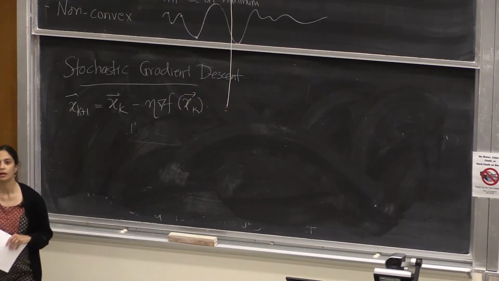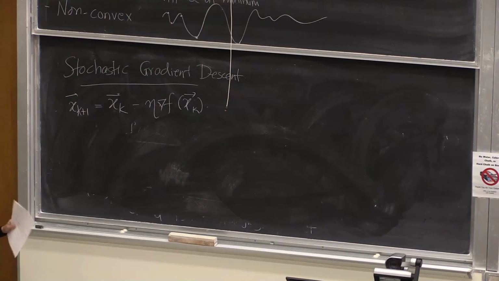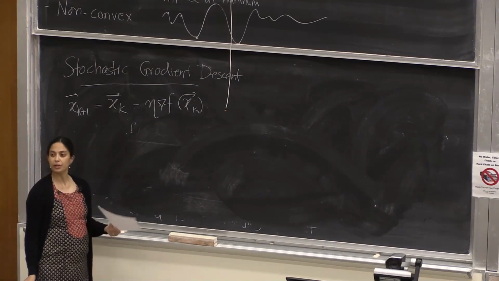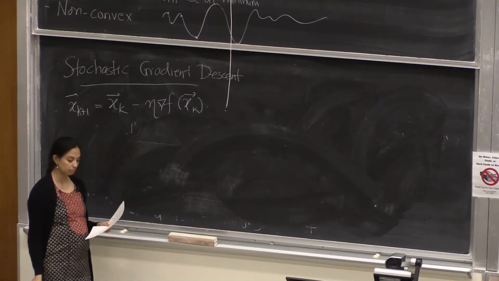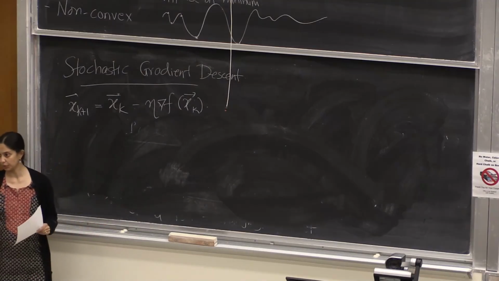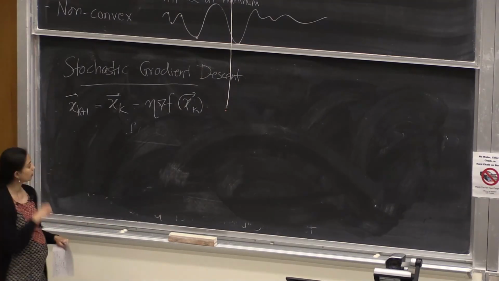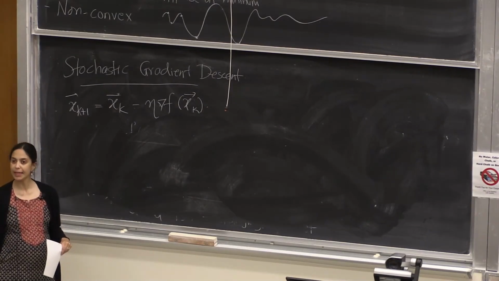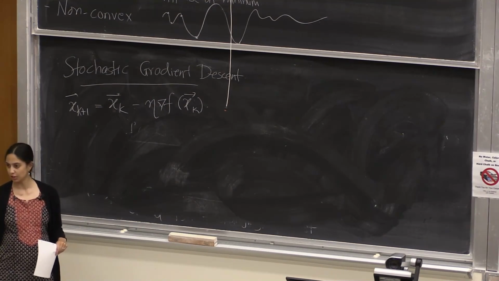Okay? And one of the expensive things in the gradient descent algorithm is computing this gradient itself. Right? Once you know the gradient, this addition is not so hard. But computing the gradient can sometimes be kind of expensive. Okay? And so stochastic gradient descent is one way of making that gradient computation a little bit faster and a little